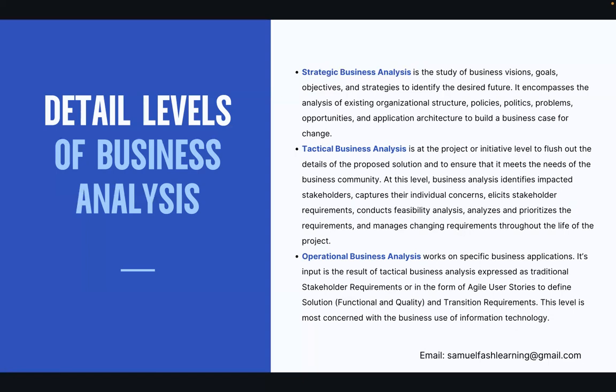So the BA comes in, does some market analysis, and works with the marketing team to ensure that they gather some data. And through that data, they can make a decision that, okay, yes, we can go with this direction. Now, let's talk about the tactical business analyst. This is at the project or initiative level, to flush out the details of the proposed solution and to ensure that it meets the needs of the business